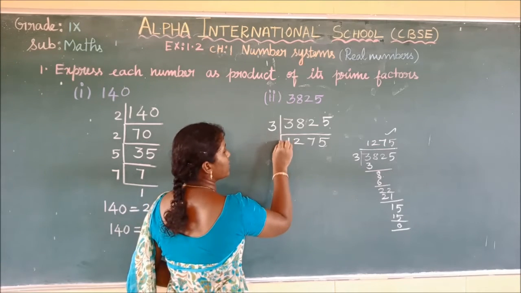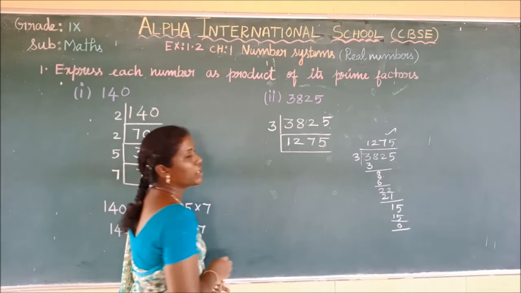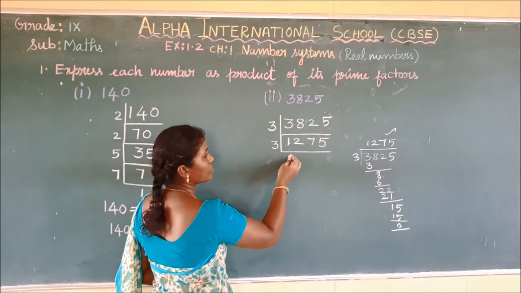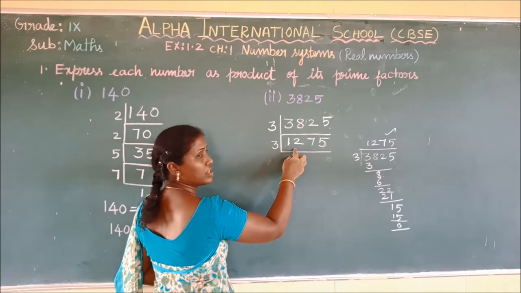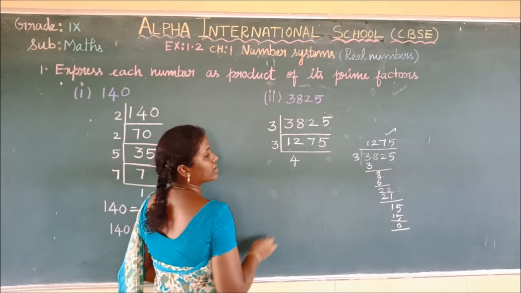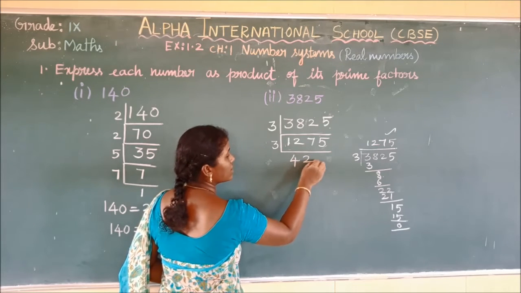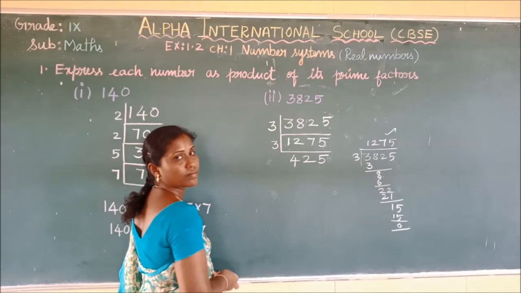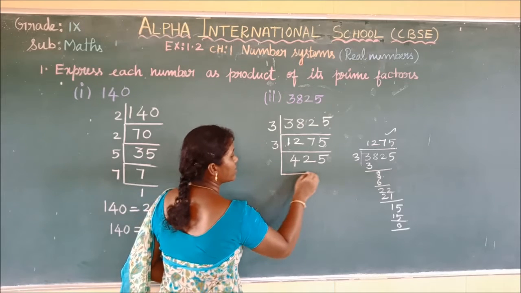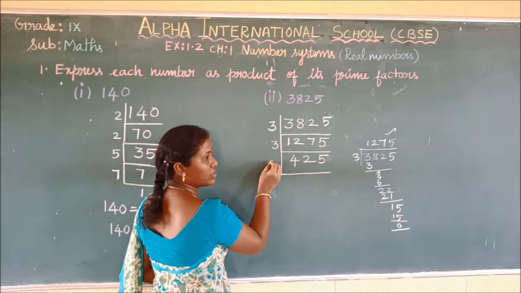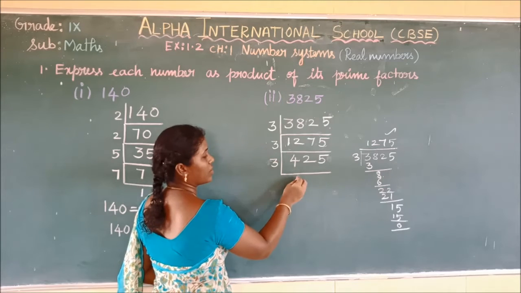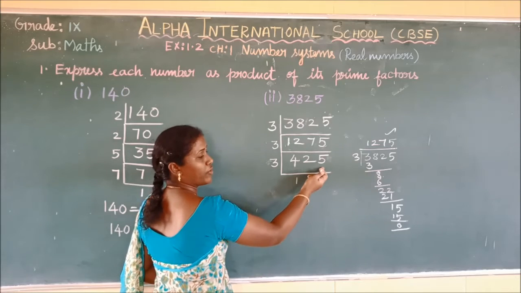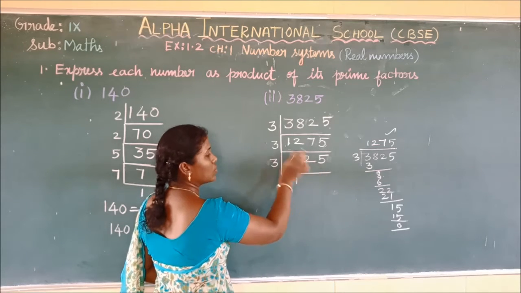Yes. Again, next we are also going to divide using 3. Shall we check with 3? See. 4 3s are 12. Okay. And here 7. So 2 3s are 6. Remainder 1, 15. 5 3s are 15. Now again check with 3. Shall we try with 3? Yeah, let's check. 1 3 is 3. Remainder 1. 4 3s are 12. But 5 is not possible to divide by 3 here. So 3 is not possible here.